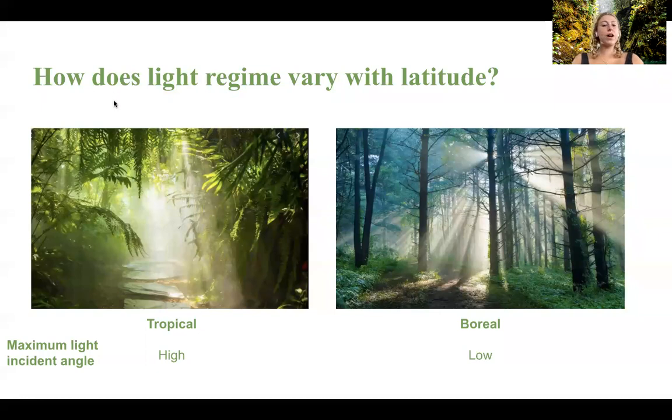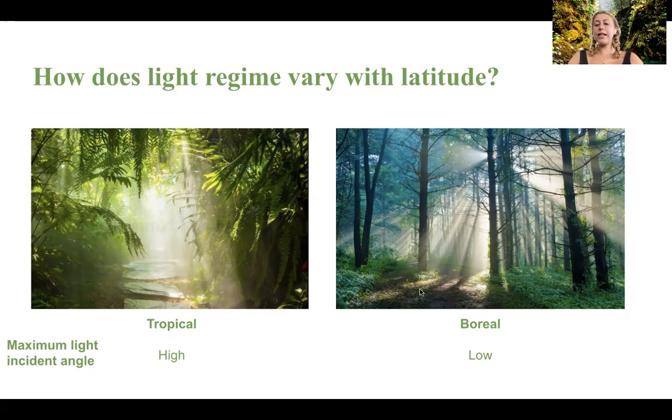So I want to start out with talking about how light regime varies with latitude. As you can see in this picture on the left, in the tropics, light comes at a 90-degree angle. And in boreal forests on the right here, you can see that there's a lot more lateral light available in the understory, which greatly affects sapling growth habits. And so as such, there's a very high incident angle in the tropics and a low incident angle in boreal